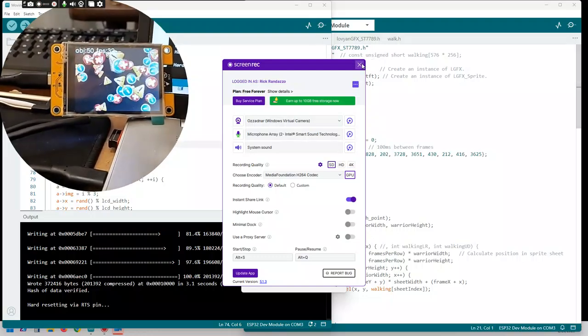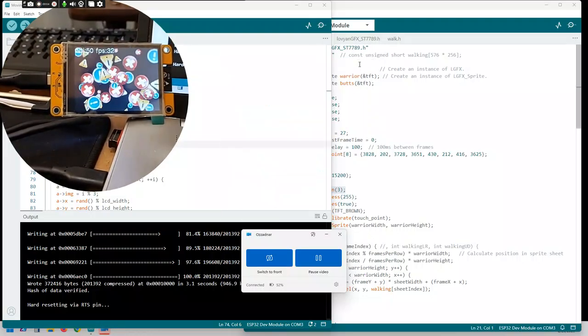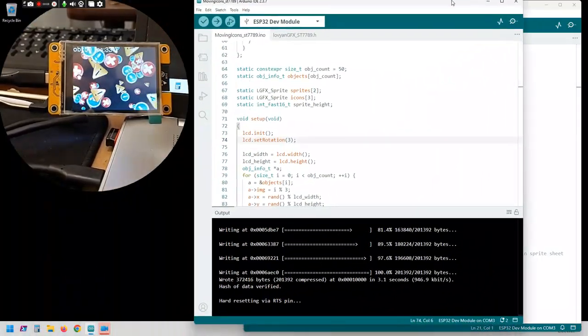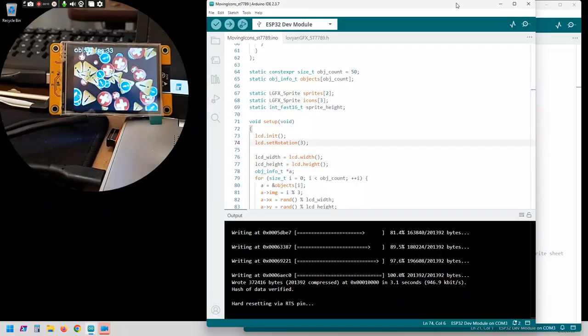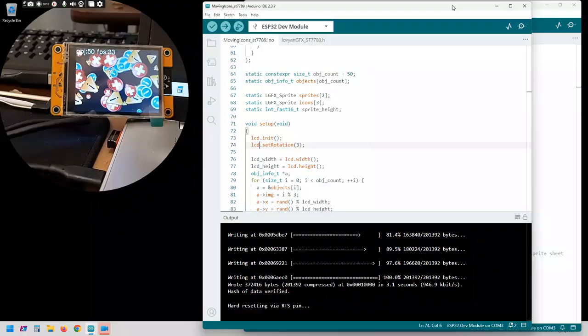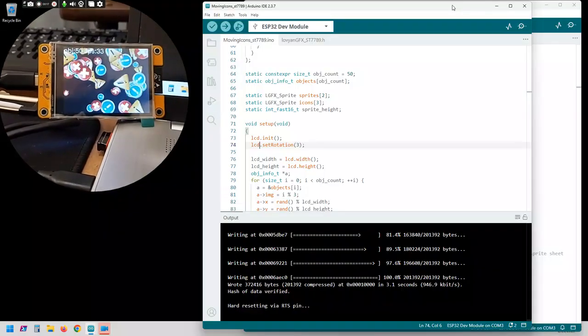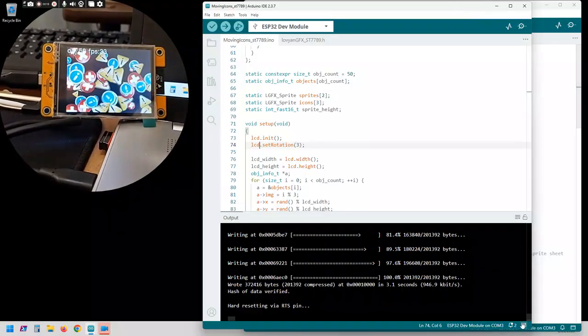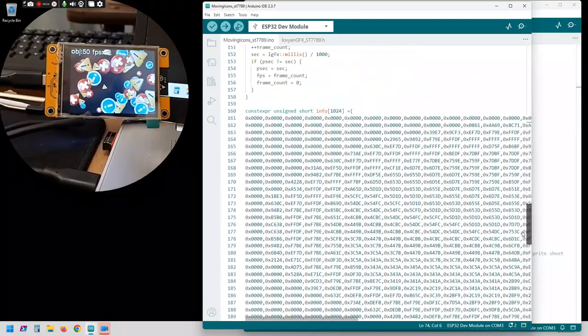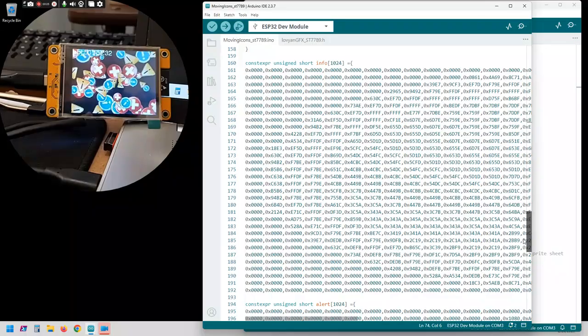Okay, here we go. We are using the correct camera. All right, this is an example that comes with the LovyanGFX library. And you can see the little icons moving around there. And what it is, first off, go down here, you can see the icons are